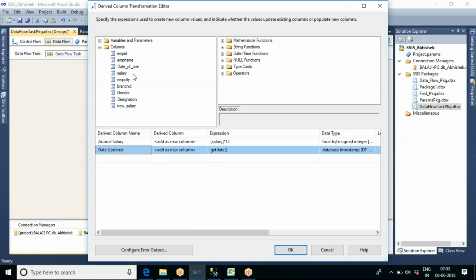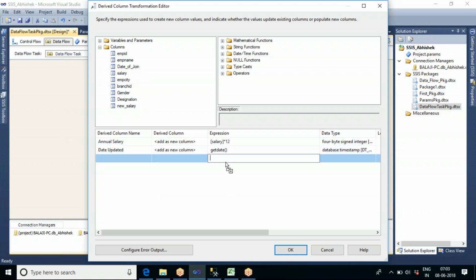Now let us say you want to show employee city in uppercase. I want to convert the employee city to uppercase, so you can write upper. Now the city value will be shown in uppercase. Here I don't want to add this as a new column.